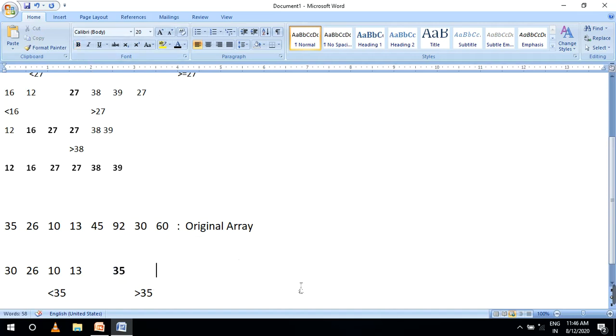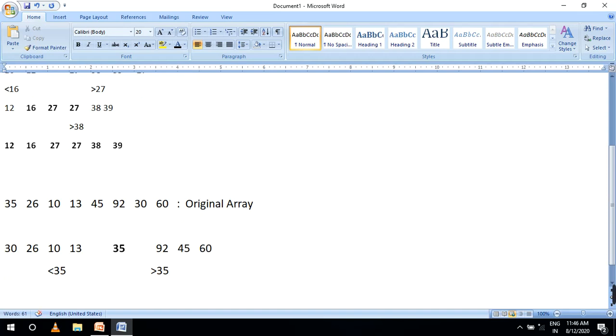Next, values greater than 35: 92, next 45, next 60. Okay, now 35 is sorted.